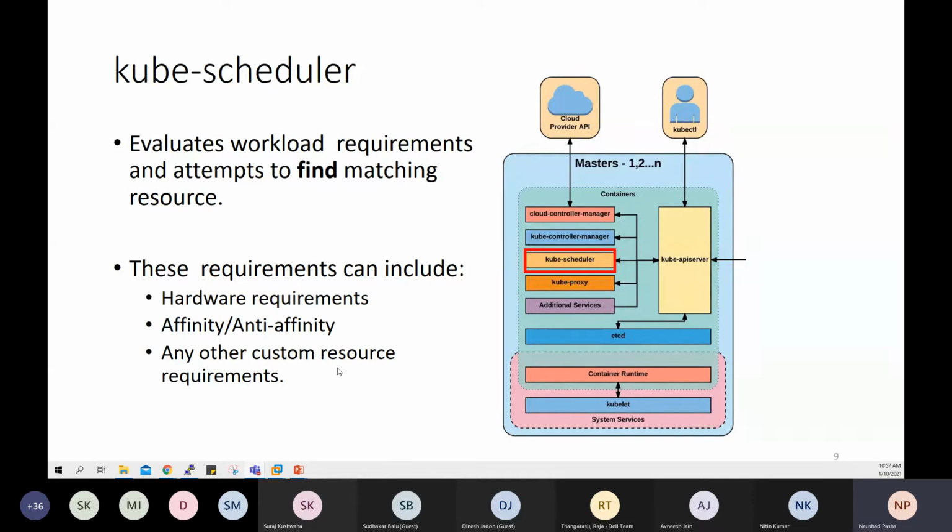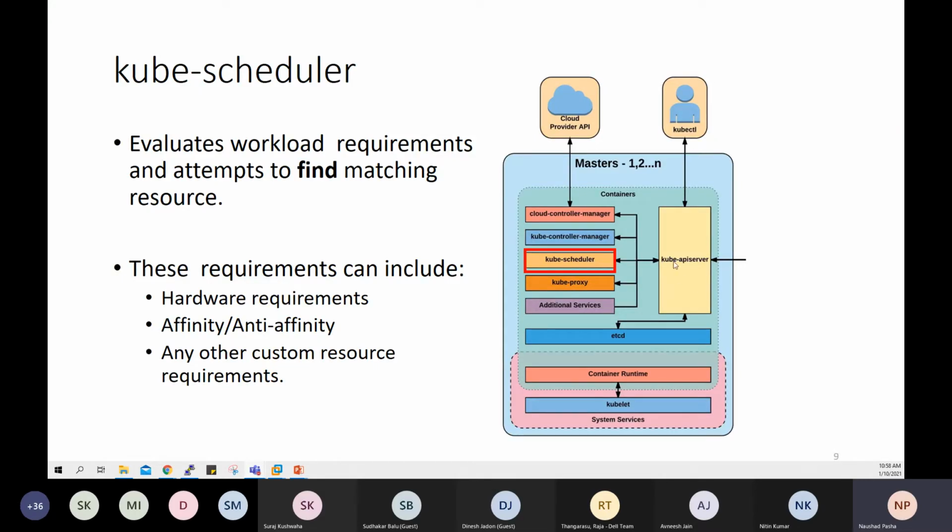Does the user have any other custom resource requirements, such as the pod must be running on a node which has SSD as storage, the pod must be running on a node which has an Intel or AMD based processor, and the pod should run only on a node which has about 1 terabyte of memory or 64 GB of memory.